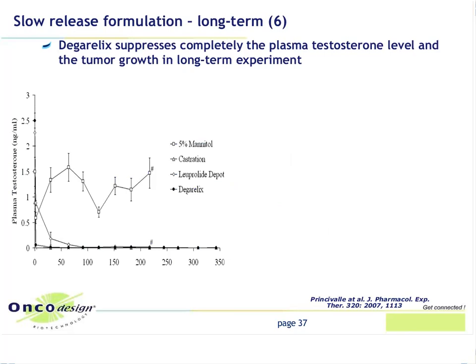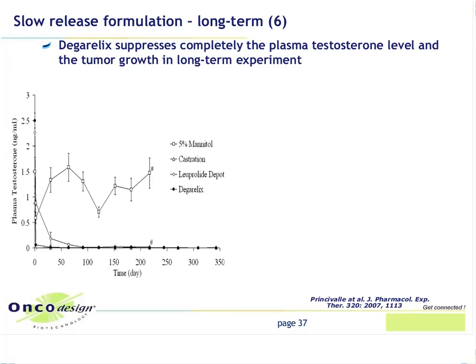So in a long-term experiment, again, degarelix suppressed completely the plasma testosterone level. Here, the results of testosterone are expressed in nanogram per milliliter, and the time points were not the same. The rats were only collected every 2 weeks. And we've seen after degarelix that the concentration of testosterone decreased to zero, like castration, and it was slightly